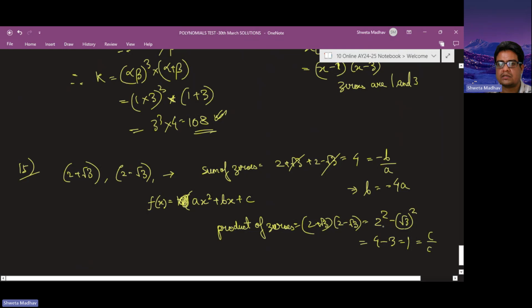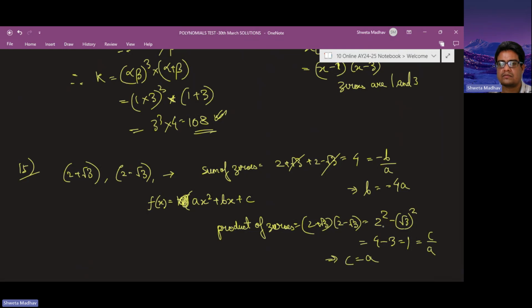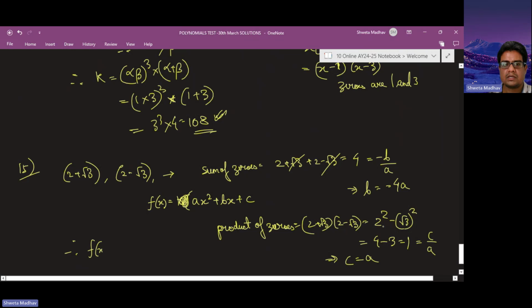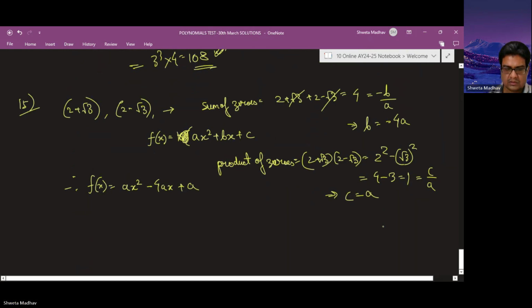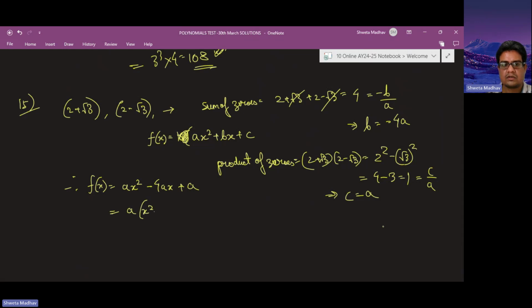And that is equal to c by a. So therefore we can say c is equal to a. So therefore the quadratic polynomial can be written as f of x, that is equal to ax square minus 4ax plus a. So from here we can take a as common, and then we can write a into x square minus 4x plus 1,